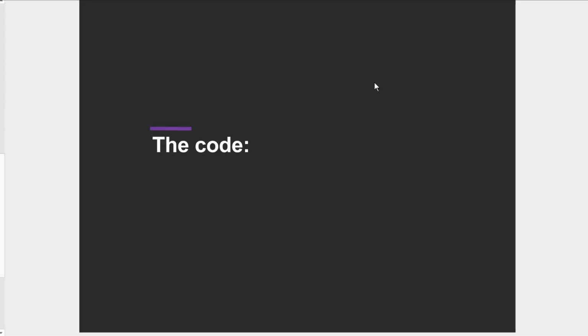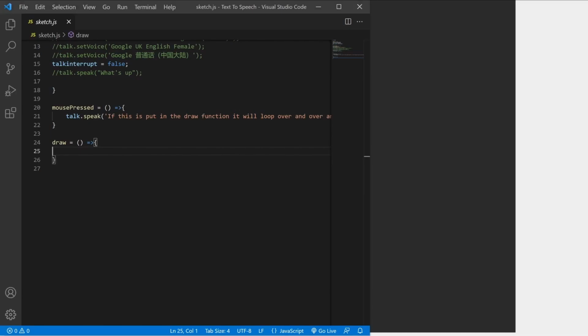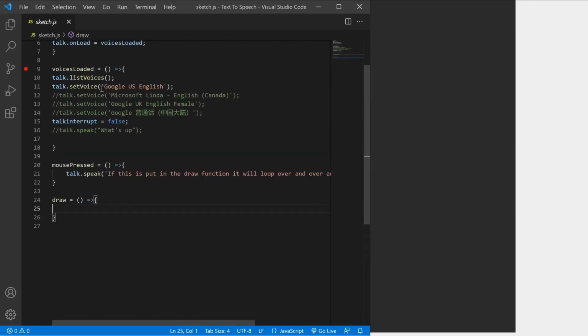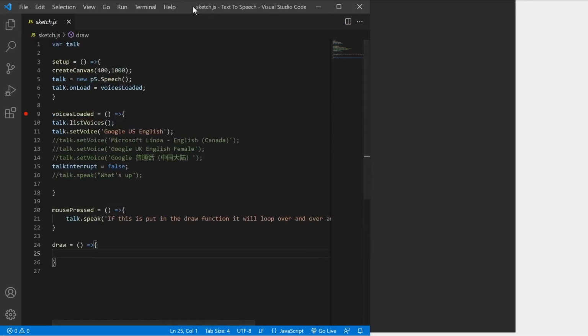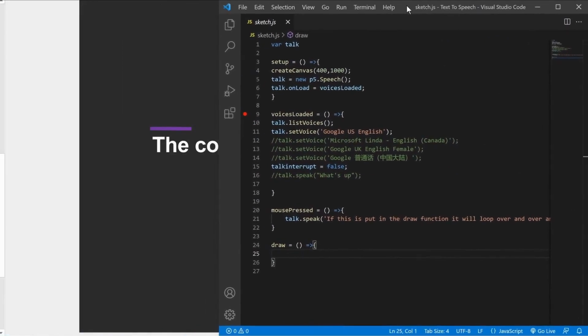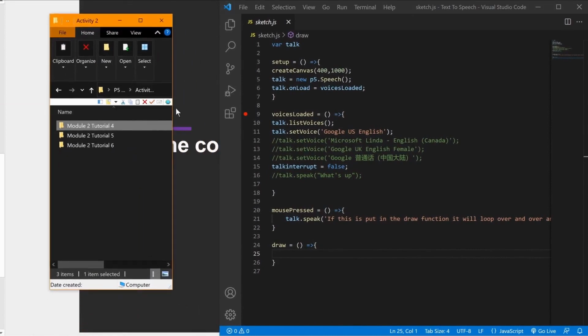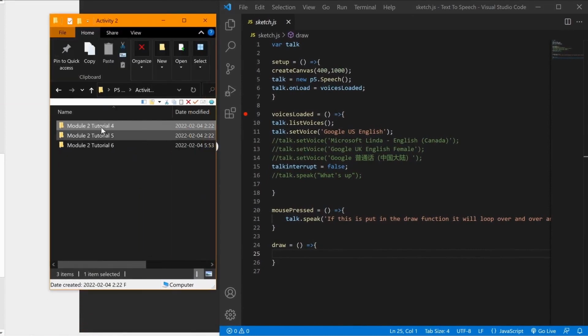Let's take a look at some code. Like I mentioned, I'm going to be using Visual Studio Code, and I've got my first one loaded here. Before we start, let me just make sure that everybody is aware of where you can get that. The code, of course, is going to be provided, and you're going to find module 2 tutorial 4, module 2 tutorial 5, module 2 tutorial 6, and we're going to be starting off with module 2